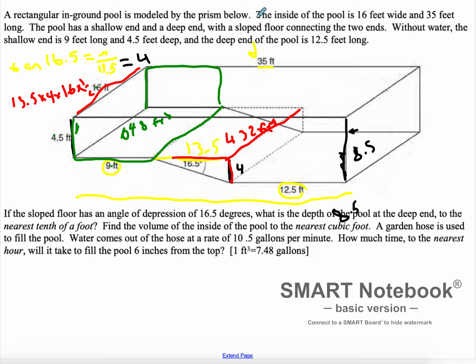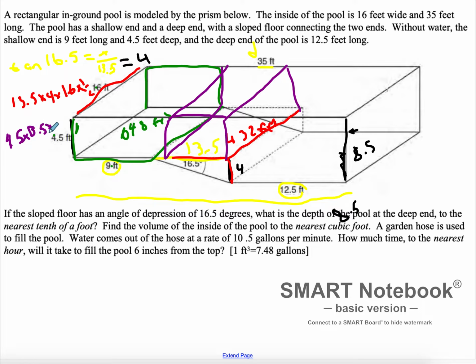Okay, now the next piece we're going to do is this kind of invisible piece, right? So we also know that there is a prism here. Between the red stuff and this green stuff, there's a purple prism, and it runs like this, okay? It's inside this purple prism, and we got to figure out what that is. Well, as you can see, 13.5 is the side. This is actually just another rectangular prism. 16 runs along this way, 13.5 runs along this side, and we know that this height is 4.5 from over there. So now this purple one is just 4.5 for the height times 13.5 for the length